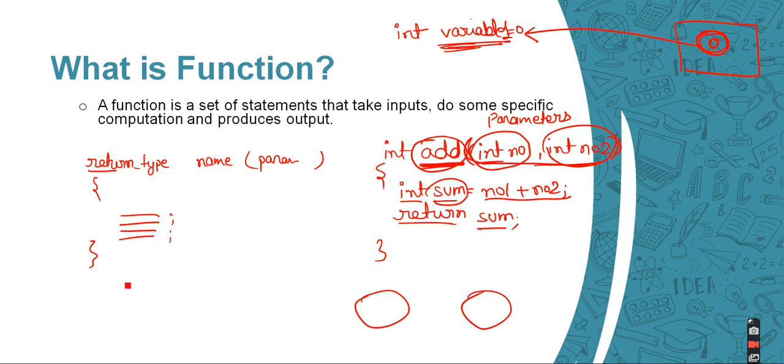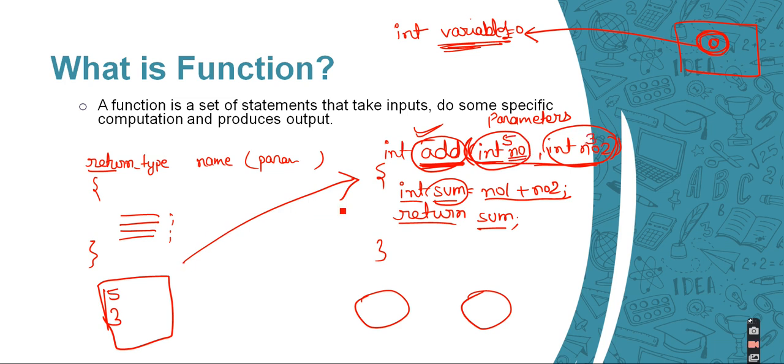So suppose I am Khushbu Kumari, I am using my calculator, and in this calculator I have written this function. The calculator asks me what I want to do. I select that I want to add some numbers. So provide the first number, I will add, suppose, 5 and 3. So this 5 will be inside number1 and this 3 will be inside number2. This function is going to sum the values and then return the value, so it is going to print 8. So the sum of these two numbers will be 8. So this is how a function looks.